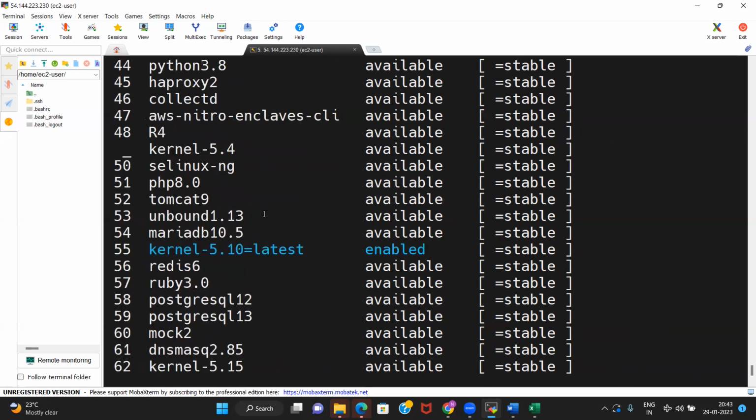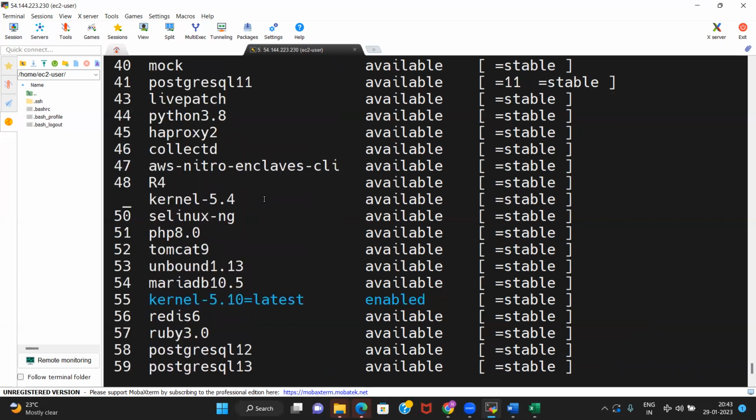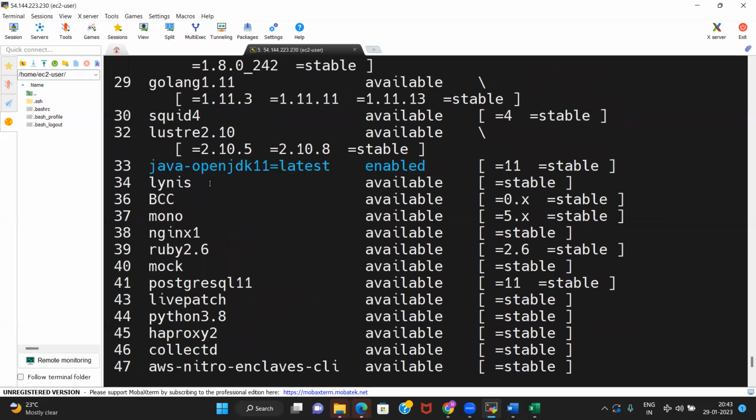So these are the software that comes packaged with this image of Amazon Linux. So you can just directly, in fact, you have to directly run the command Amazon Linux extras install and then, okay, not from the Java core repository.